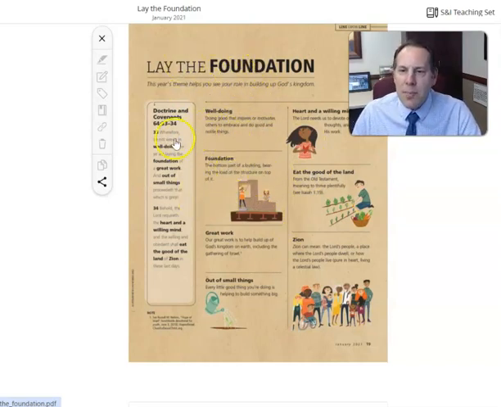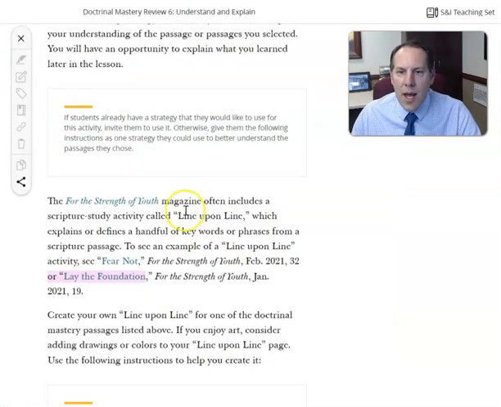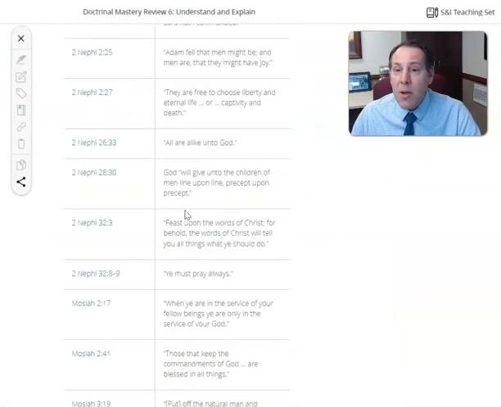Line upon line, you're going to pick some phrases, draw some pictures, explain some phrases. We're going to see if we can deepen our understanding. And so I would go back here and maybe pick one. The first one, I would recommend modeling with your students. So say we're going to do one together on the whiteboard.